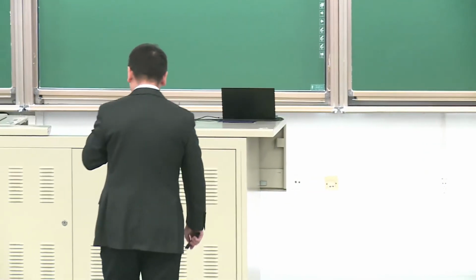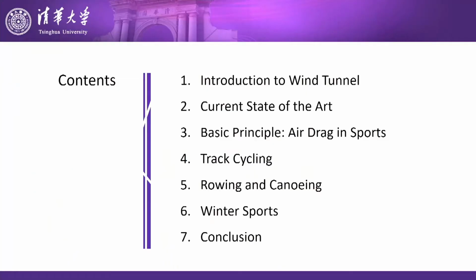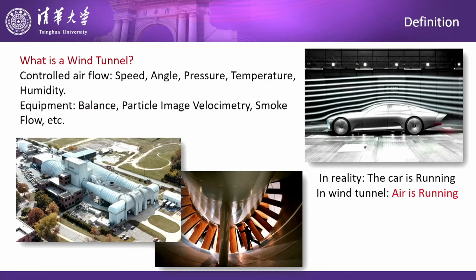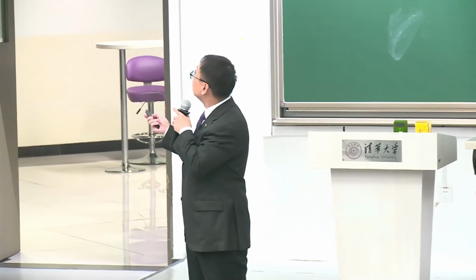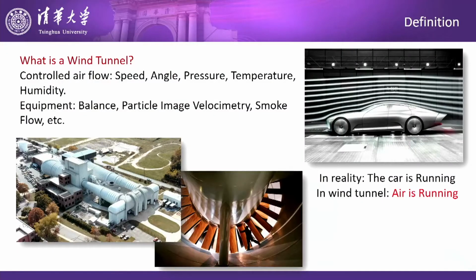All right, what is wind tunnel? Very straightforward. Wind. We have a big motor to generate wind, give the power. And we have a tube. It's large enough, so it's a tunnel. We call this tunnel. And in reality, for example, we do a car experiment. The car is running, and the air is relatively steady. In the wind tunnel, the car is steady, the air is moving. So we can measure the forces, we can check the flow field,